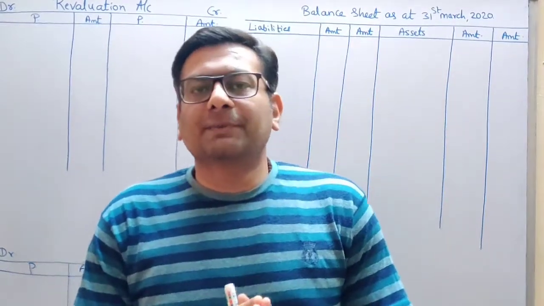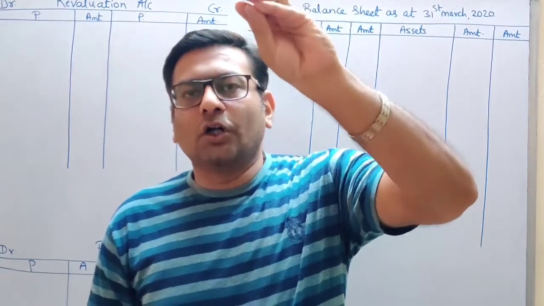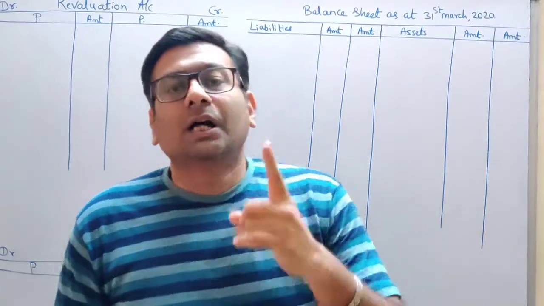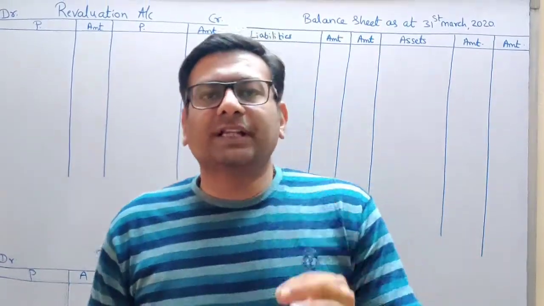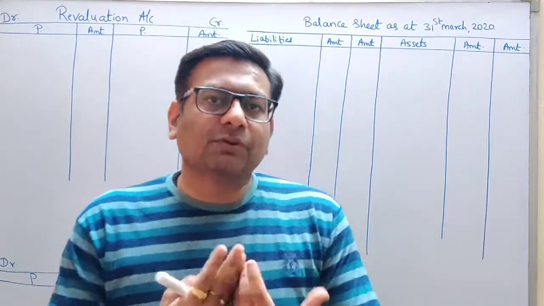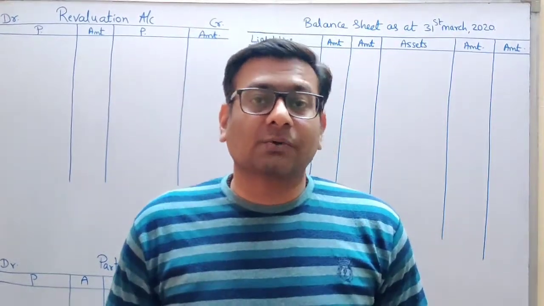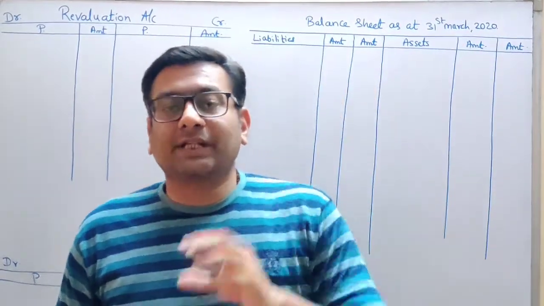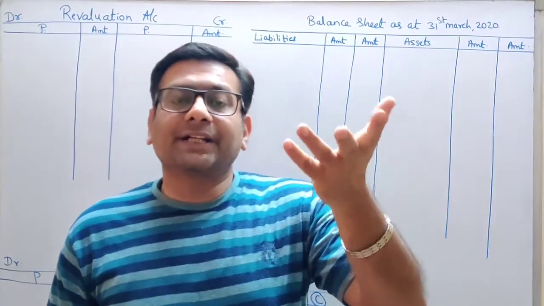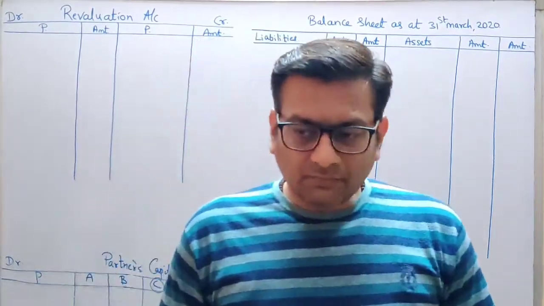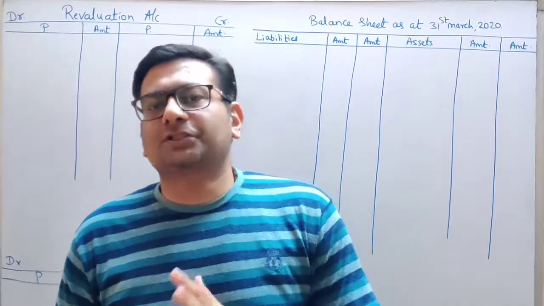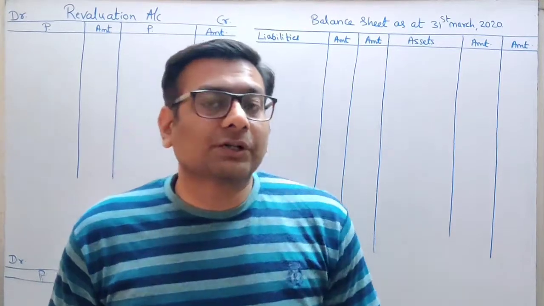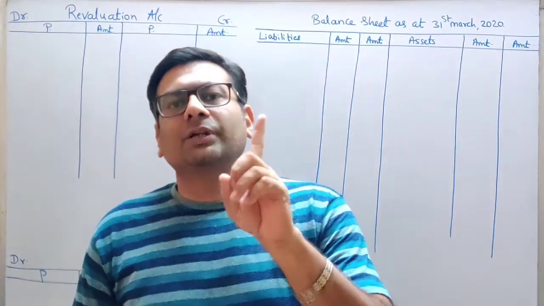In step 2, you will record all the items inside the balance sheet in your solution, and you are going to write them once. You will give only one effect. Why? Because it's already recorded. It's there in the books of account, and you are taking it from the balance sheet. So recorded items you write only once in your answer. I label step 2 as balance sheet. Complete your balance sheet. And how many times are you going to write, students? Yes, you are right. You will write only one time.